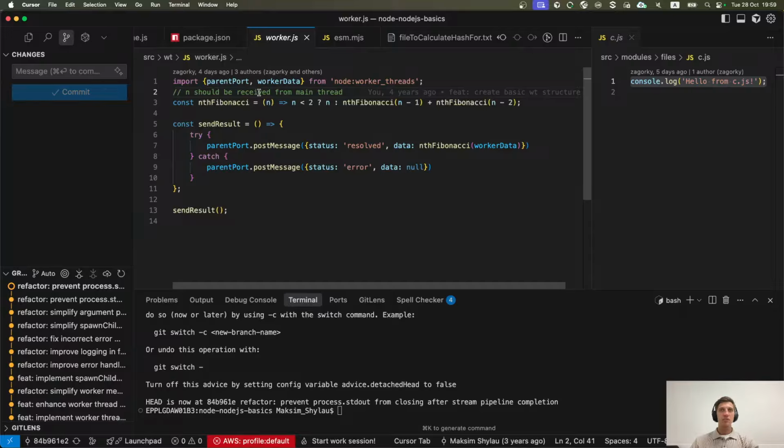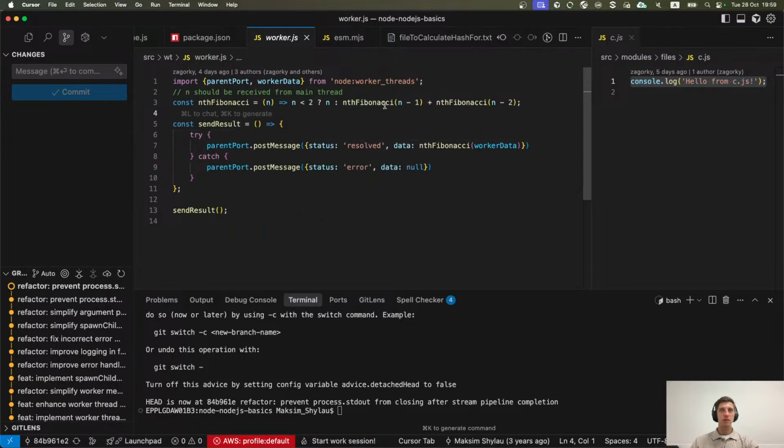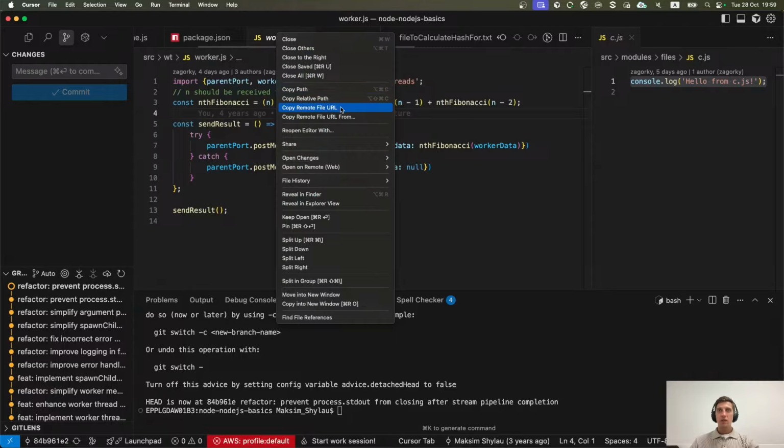So it should accept a number, which is input data from the main thread, and it should send a result of its work from the worker to the main thread.